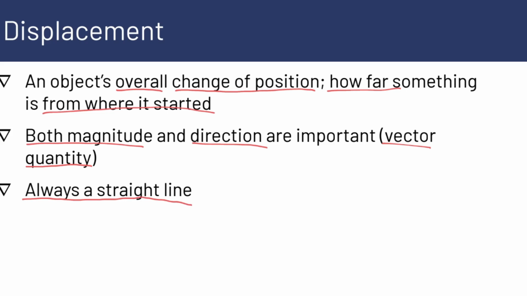So if we had our example before where we started over here at the X and we ended up at the O and we took this weird circuitous route, the distance is the red. Displacement would be this blue line. Doesn't matter what the route actually was. All we want to know is how far we went from X to O. And we want to know the direction that we went. That's displacement.